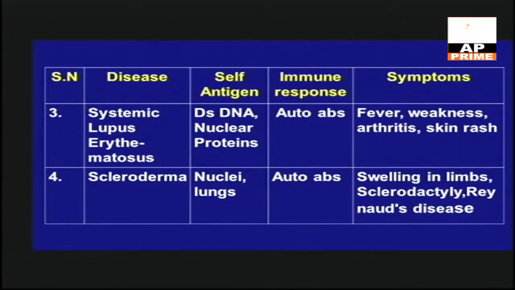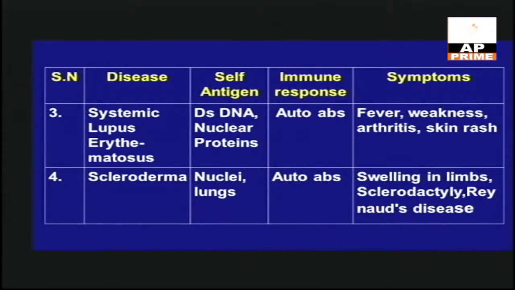And the next one is systemic lupus erythematosus, where the autoantibodies are produced against double-stranded DNA and the nuclear proteins, which leads to fever, weakness, arthritis, and skin rash. And the fourth one is scleroderma, where the autoantibodies are produced against nuclei and lungs, which leads to swelling in limbs, sclerodactyly, that is